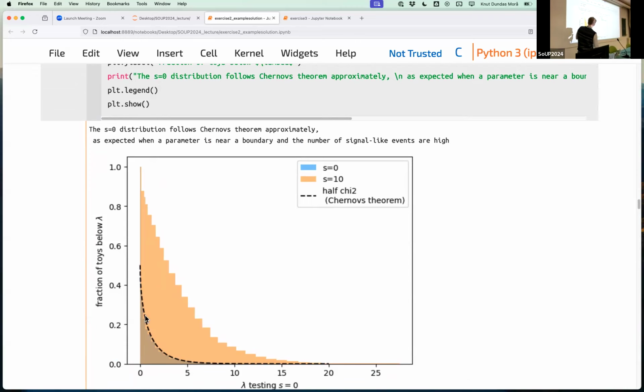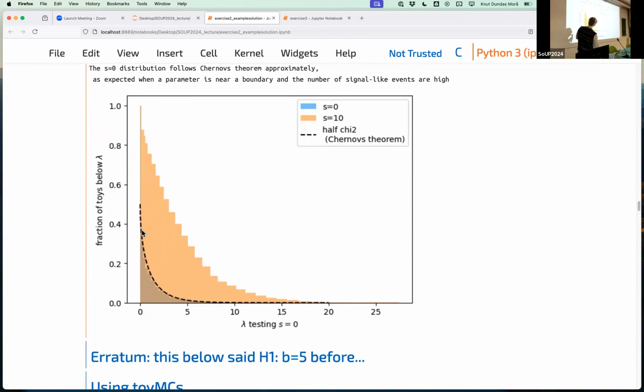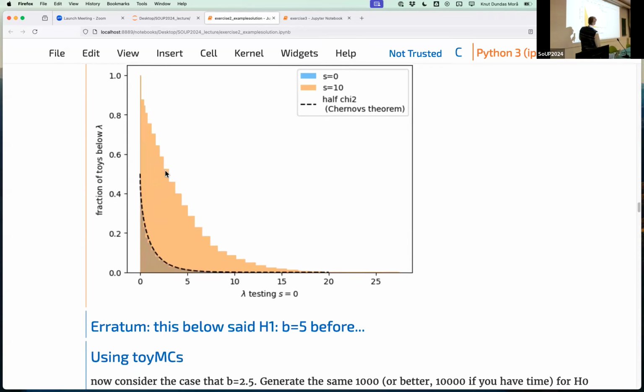You can see here, a little bit hard against the orange, but there is a histogram underneath that corresponds to the expectation from Chernoff's theorem, which is that if you're at a boundary, but that's the only thing that is a problem with asymptotics, then your distribution will be half chi-squared plus half delta function at 0. While if you have signal equals 10, then many more of these are going to go out to positive values of the likelihood ratio, which means that you could start excluding some of them, and you would have some power to distinguish between them.